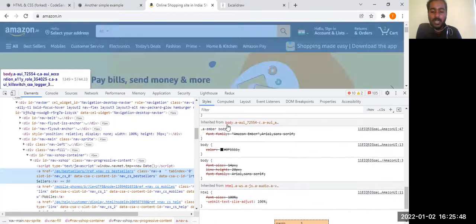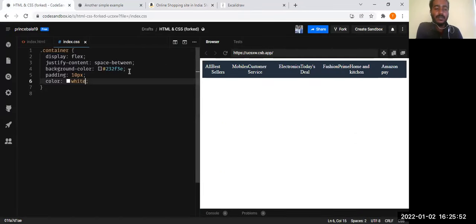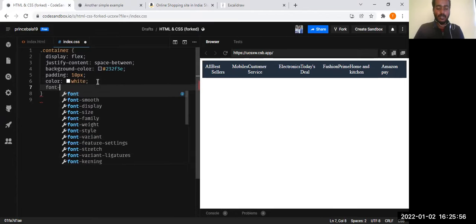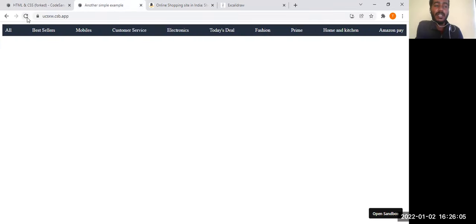I think they have a separate font family. Fine, that's fine. So let's add the font size as 14px. You can give 1 rem as well. Try practicing in rem, because 1 rem is equal to 16px. So you can practice in terms of rem as well. So I have just given this font size.